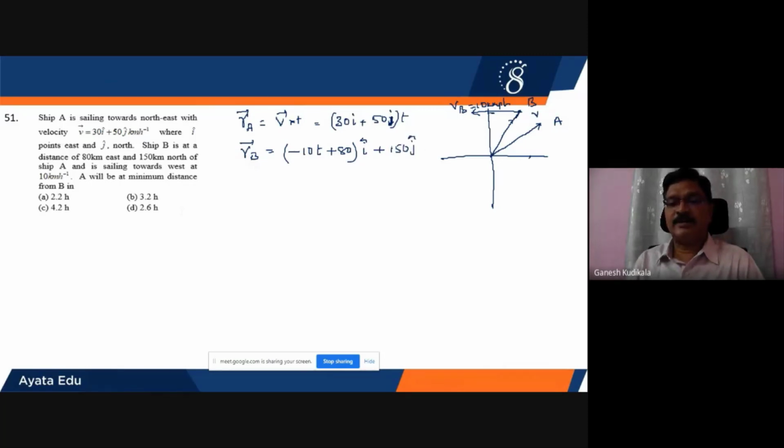It is not at rest, it is constant. Therefore, the time factor will not be multiplied over here. Time factor will not be multiplied here. Okay,